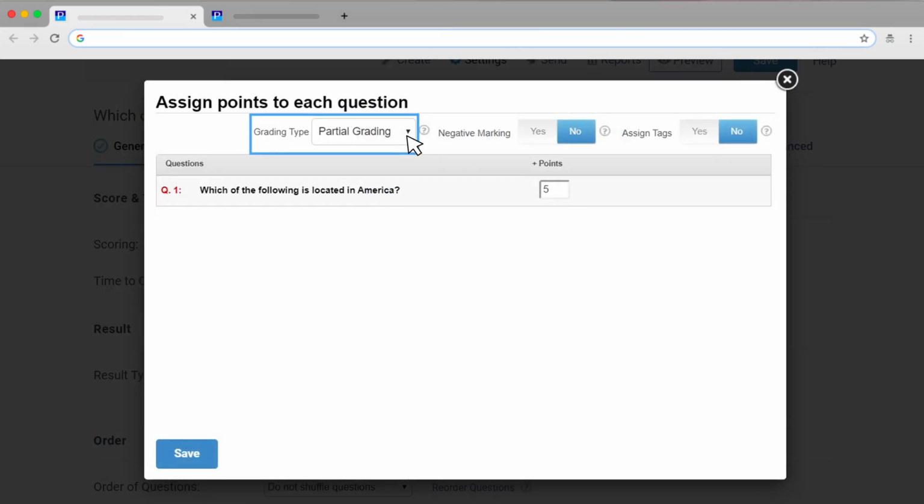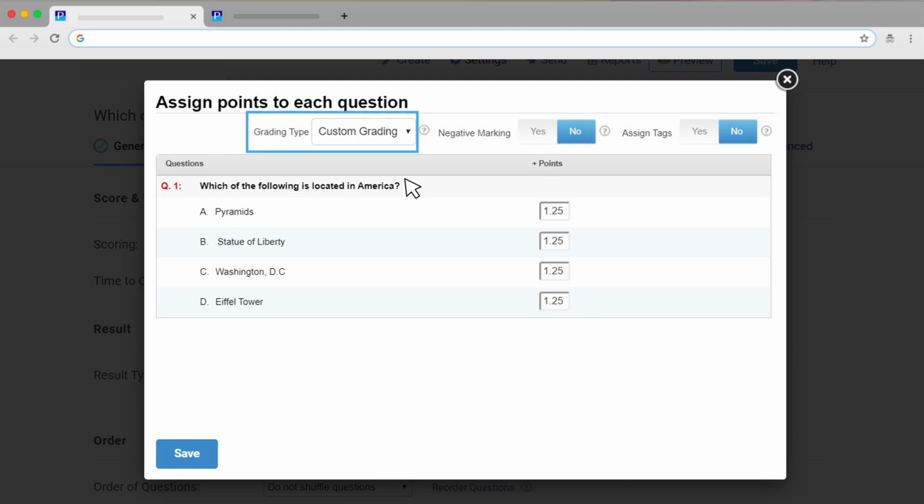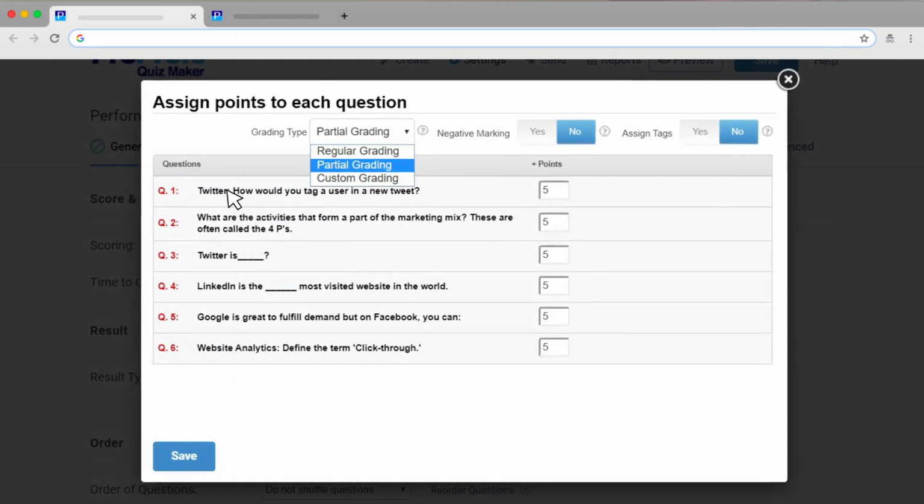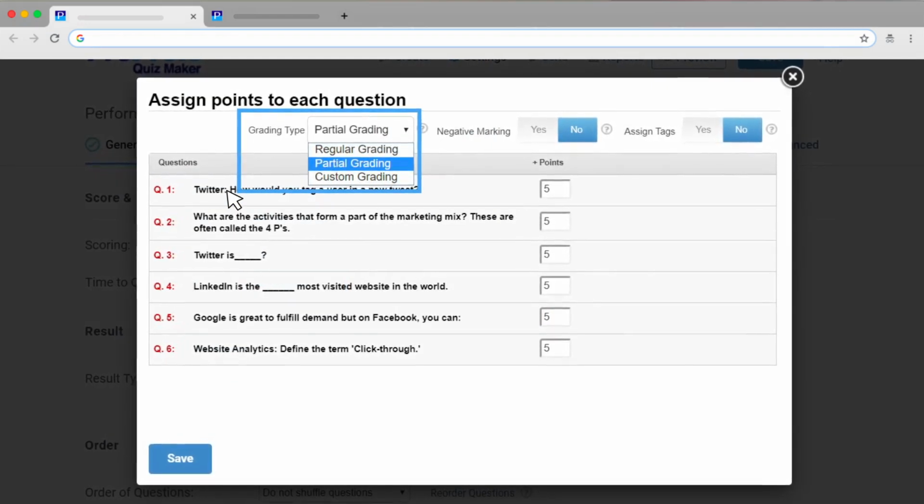Unlike partial grading, where learners are automatically awarded points for choosing more than one correct answer, with custom grading, you can manually add specific points to the answer options in your quiz. It makes the grading of your quiz rigorous and detailed. You also have full control over the grading process, as you can assign unique points to each answer option. Custom grading supports checkbox type, drop-down, and multiple choice questions. You can assign points manually to each option in these question types. So, these were the most common ways to grade quizzes.